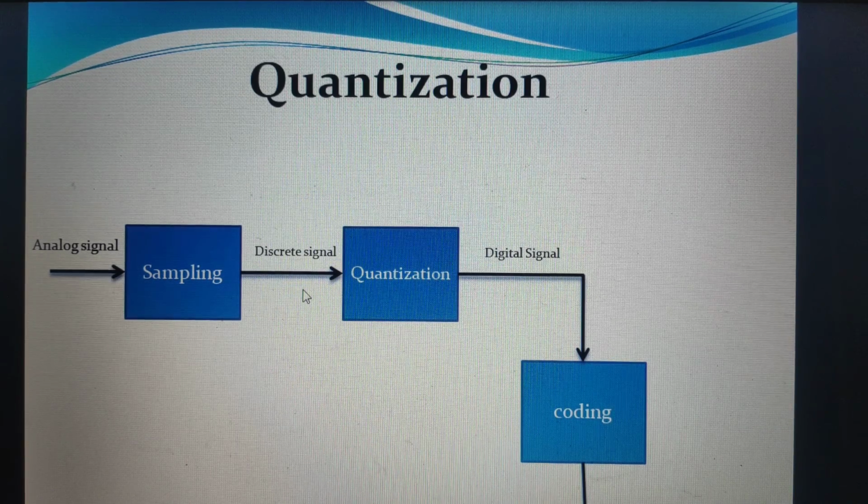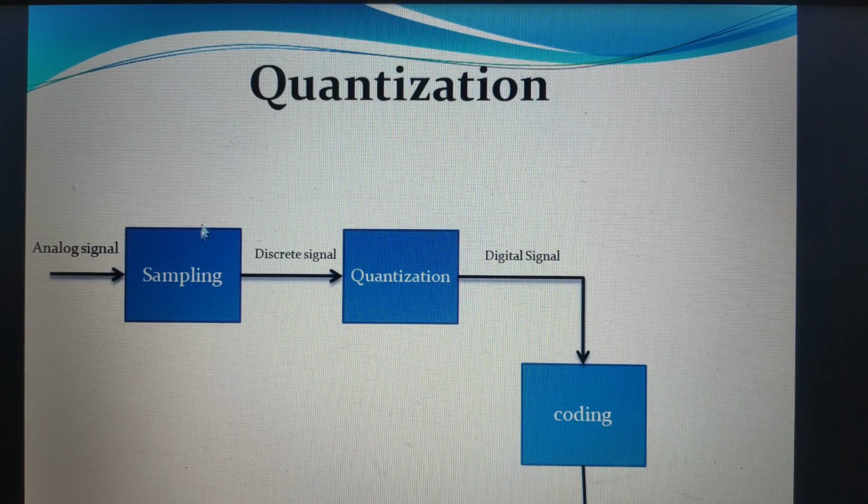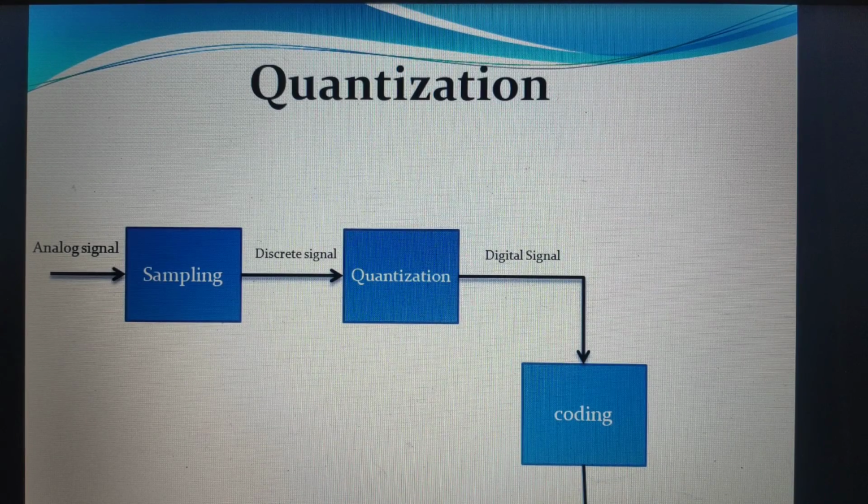So after sampling the analog signal, we get the discrete signal. What does sampling mean? Sampling is defined as the process of measuring the instantaneous value of the continuous time signal in a discrete form, or it is the discretization of an analog signal. Here, after sampling, we have got a discrete signal. In this discrete signal, the time is discrete, but the amplitude is still continuous. So the quantization process converts a continuous amplitude into a discrete form, because